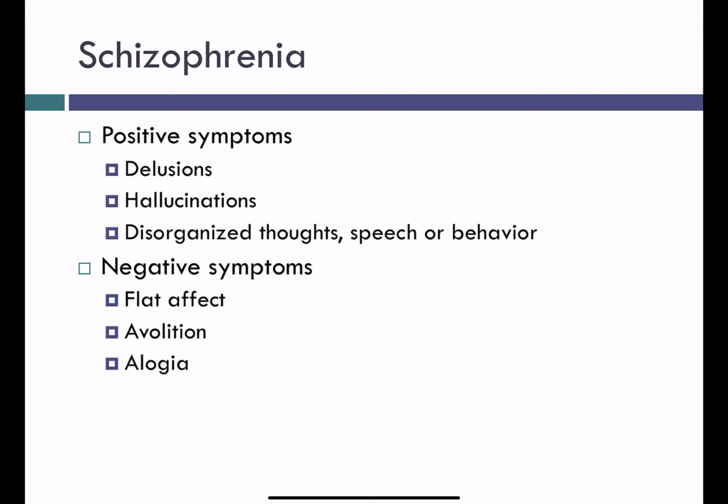So these are like the more acute part of schizophrenia, but there are also the negative symptoms, which are behavioral deficits. People with schizophrenia sometimes show flat affect, where they show no emotional response whatsoever. Avolition, which is a lack of energy. They're apathetic, will just sit and stare for hours at a time. And then alogia is poverty of speech, where you have very limited verbal responses.